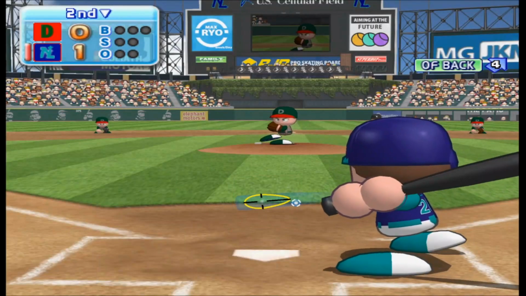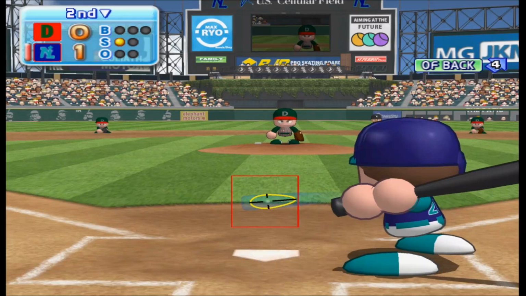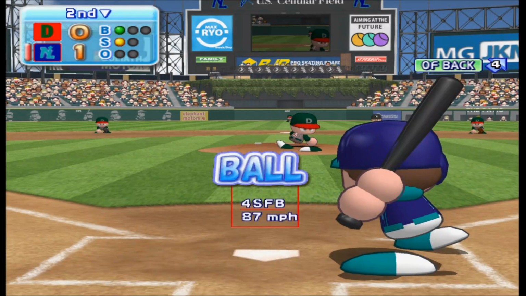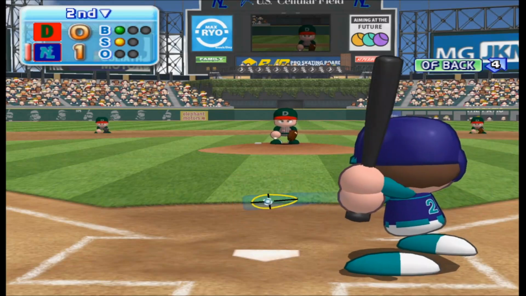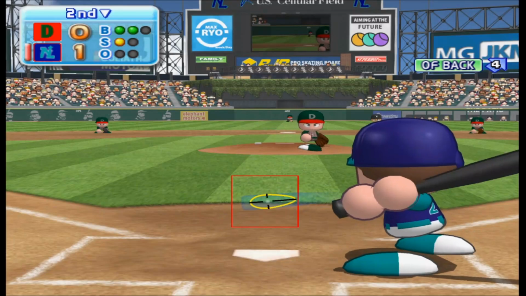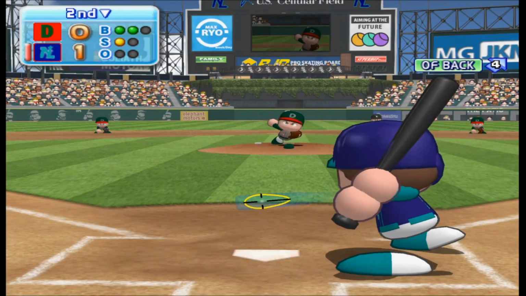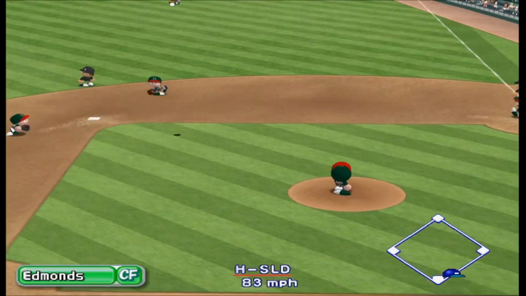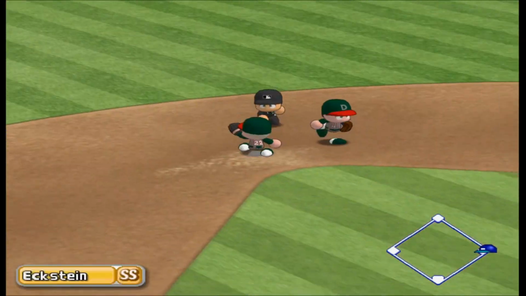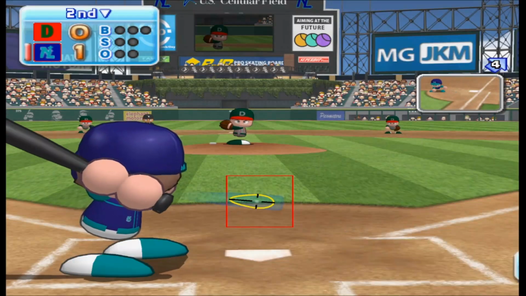Here we go for the first pitch. It's a strike. Count 0-1. He let that one go by. It's a ball. Count 1-1. The count is 2-1. Here's the next pitch. Going to center field. There's a hit. He throws to second. Utley gets a base hit to center field. Minneapolis has 2 hits in the game today.